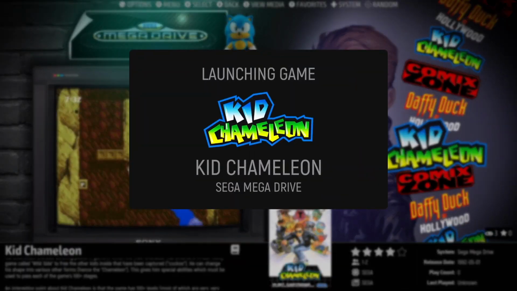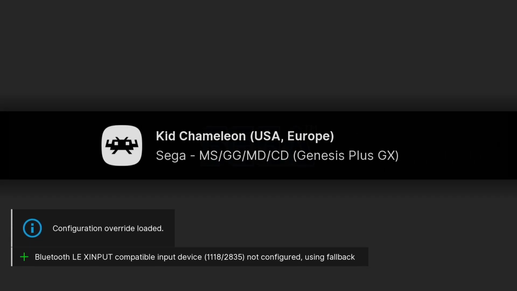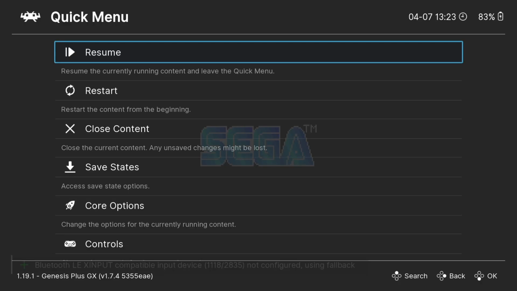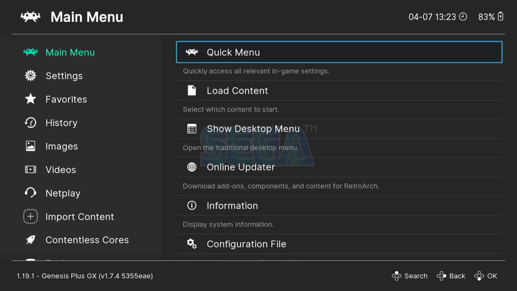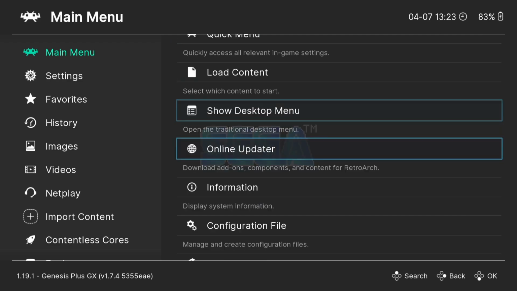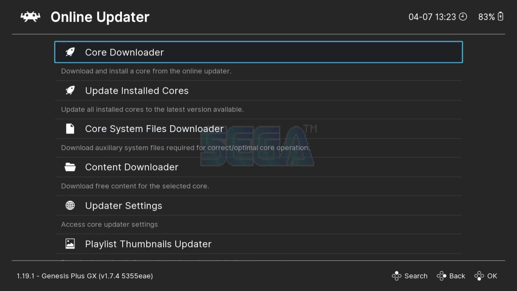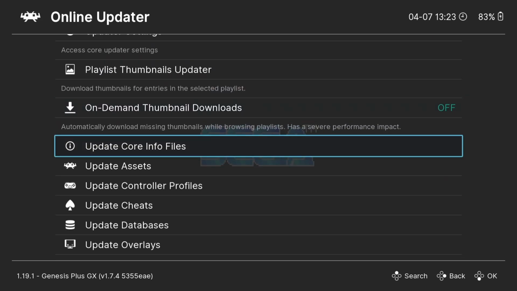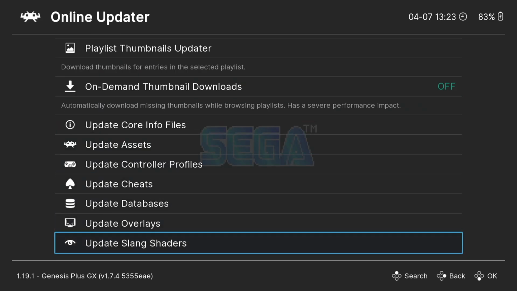Now if we open up a Mega Drive game, I'm going to show you how to download some very cool things to use with our games. Again, just go into the quick menu, the Xbox button for me, or you can press F1 on your keyboard. From here, if I press B to come out, and then go down to Online Updater,